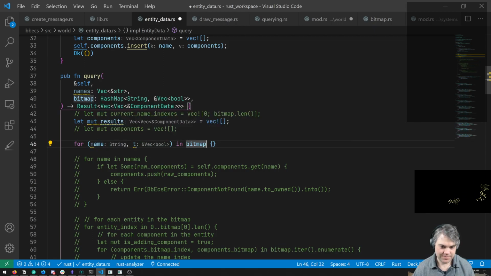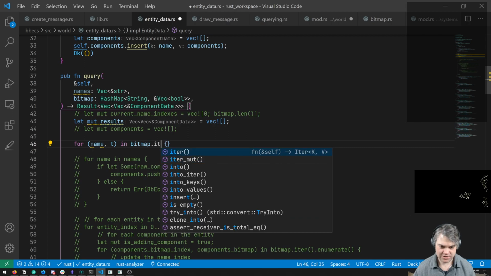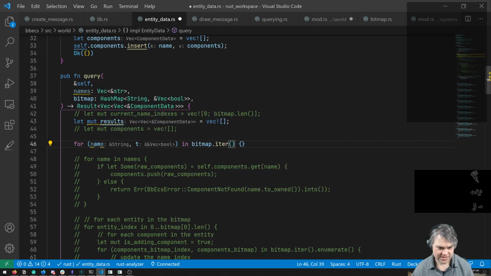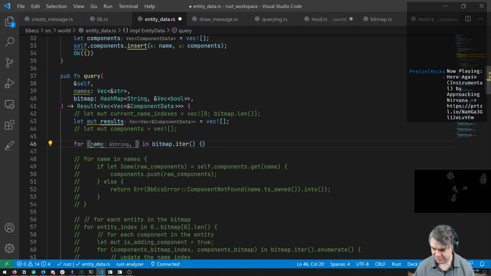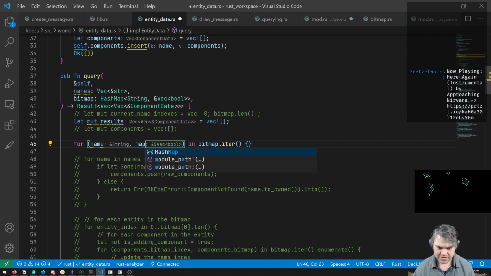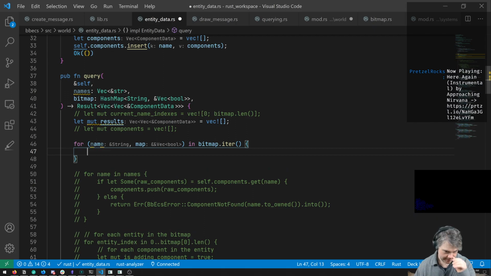All right, so bitmap, let's do this as an iter here, which will give us a reference to the name, and this will give us a reference to the map of this specific vector. So it gives us booleans for here. So now I can use this name to extract out.